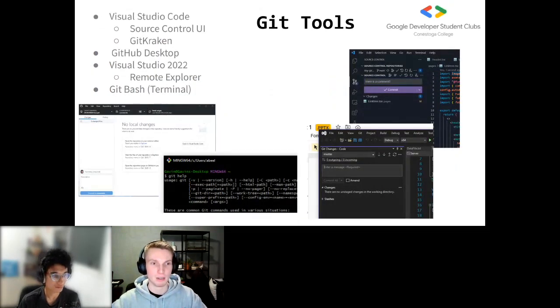Awesome. So you've seen Emil use the Git Bash, but there is a plethora of other tools that you